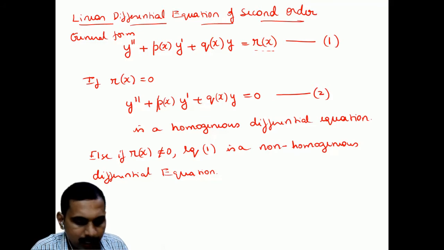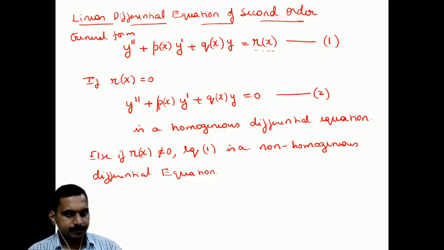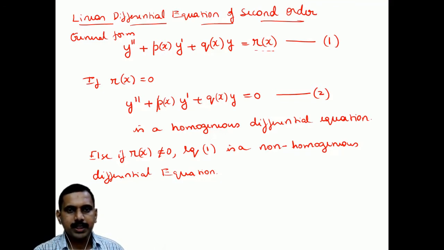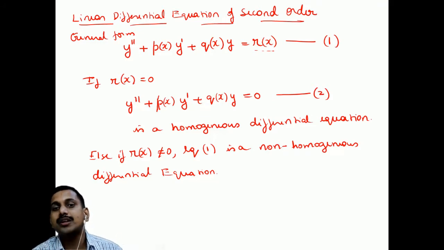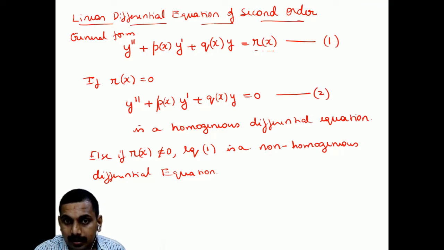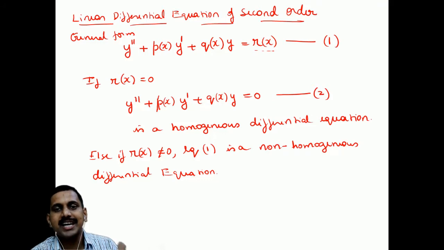Now let us understand some more things about it. This is a simple one, done. You write this down, students. You see, this is linear, right? P of x can be anything. P of x can be sin x, cos x, or anything, until the first differential or the second differential has a degree 1, then it is linear.